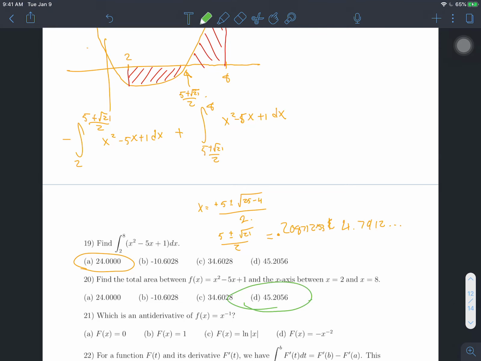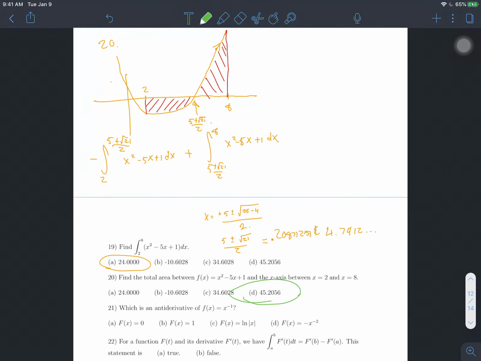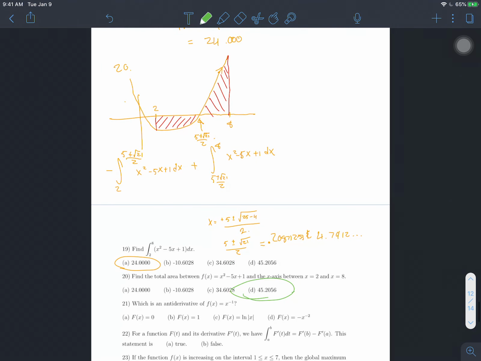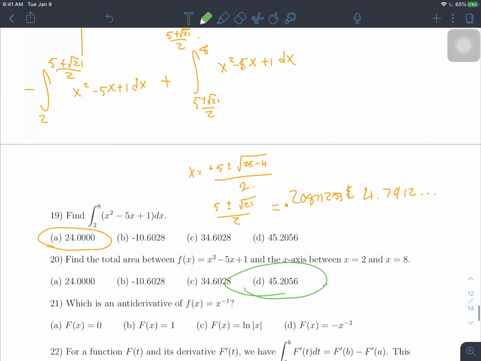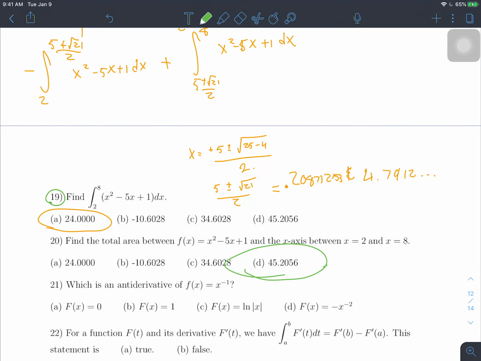So this is just to illustrate that the integral does not exactly tell you the total area between the function and the x-axis. If the function passes beneath the x-axis, then it's going to count some of that area as sort of negative area. So what we got for 19 and what we got for 20 are not the same. Okay? So at the very least,